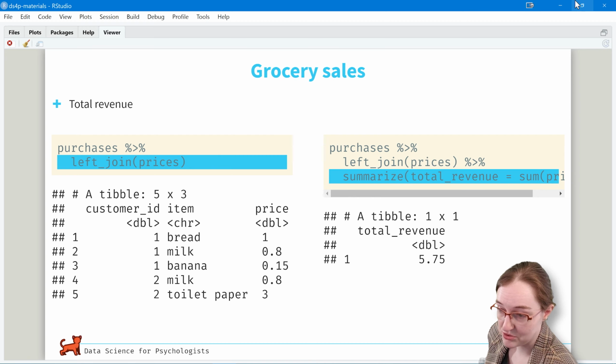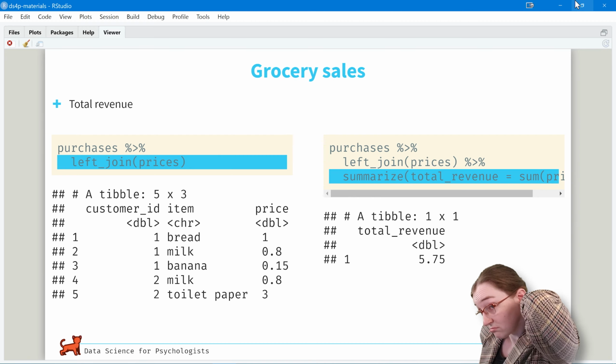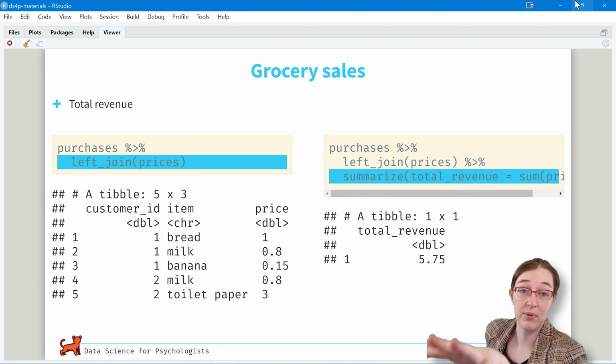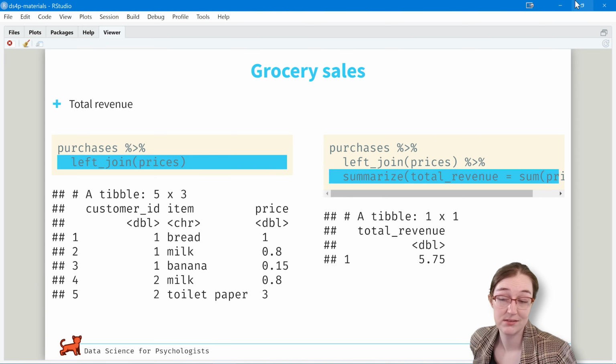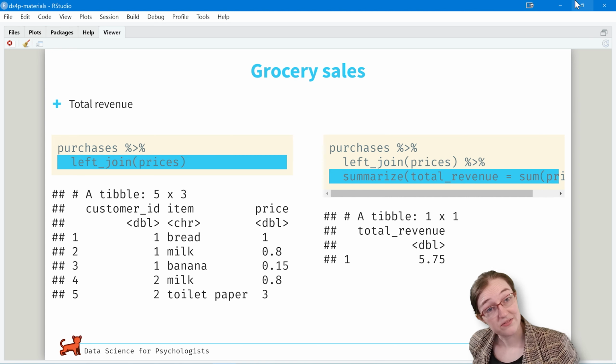So we can know how much milk costs, and that gives us kind of a combined full data set, and then we can summarize our total revenue by adding everything up